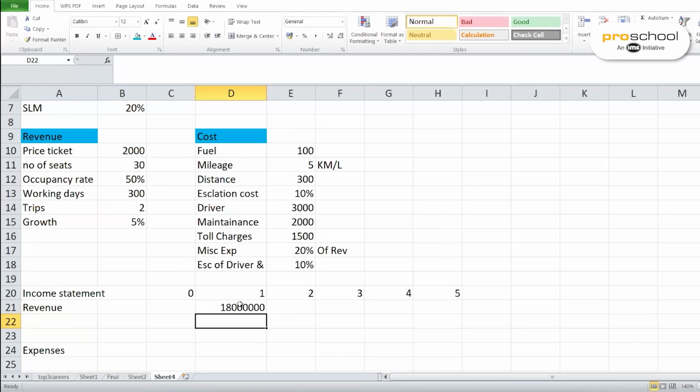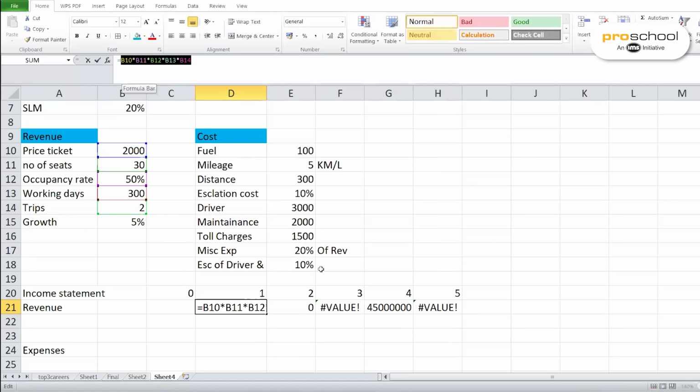Now comes the second learning. Whenever we are making a model in Excel, we will use the tricks of Excel also. Now in Excel, normally when we have to make a model for 2 year, 3 year, 4 year, or 5 year, we will be dragging that, right? So suppose I drag it now, you can see everything is an error. Why? Because when I drag, Excel, instead of taking these cells as reference, will take their next part as reference,